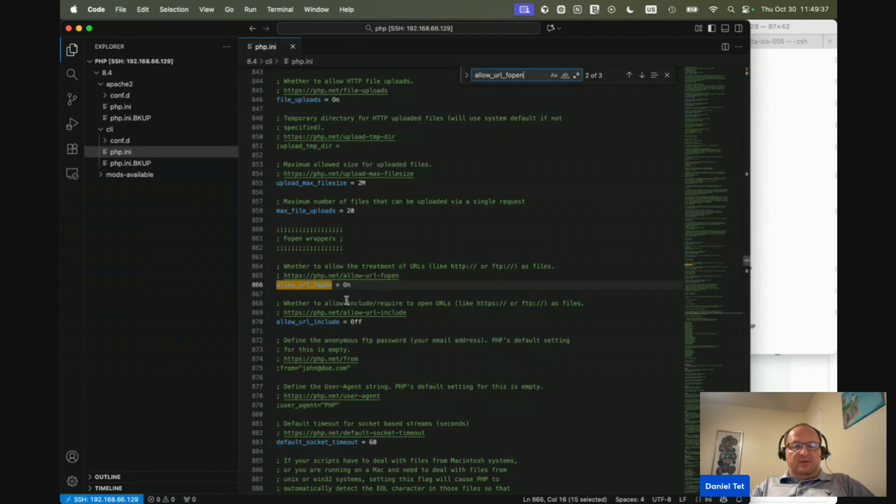Okay, so right now it allows us to open URL. So PHP can go out and open up a URL, which can be risky because if you open up a URL somewhere else, you don't know what file is over there. You don't know who manages that file. So if you allow PHP to go out and open URLs as files, that's what this is saying, that can be risky. And at the same time, it says, do you want to allow PHP to include those files